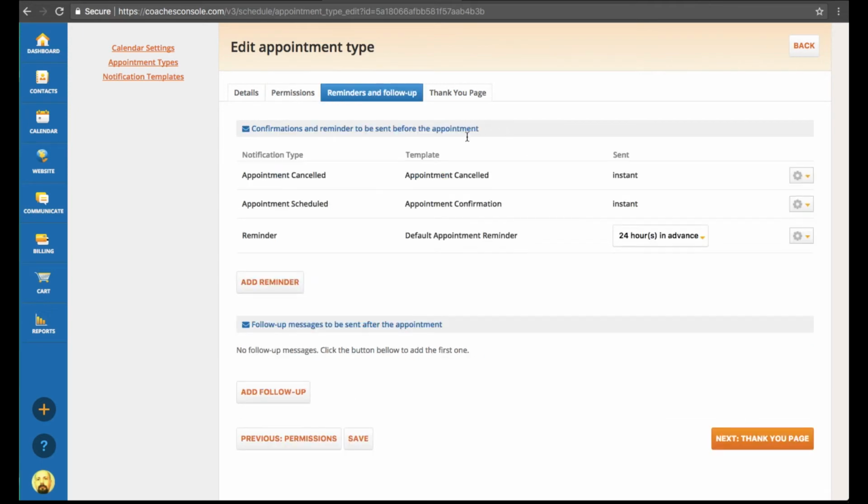In the next tab, you can set up the templates for the appointment notifications for when the appointment is cancelled, for example, the confirmation, and the reminder. Now you can send more than one reminder if you want to. And you can also schedule a follow-up email from 1 hour after the appointment and up to 24 hours